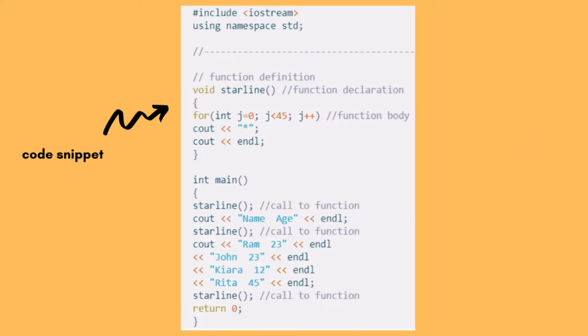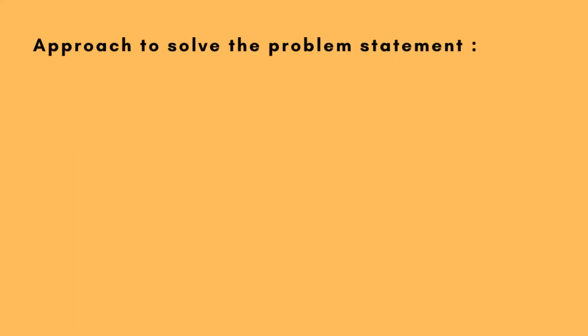You can see a code snippet on your screen, but how to develop this kind of code? I know when you are used to writing programs and have some experience with different languages, writing the desired code and thinking side by side is way easier than at the beginner level. So before I jump directly into the code explanation, I would like to show the way which all my beginner friends can follow easily. You need not note down the steps right now, as you will get all the details in the blog on the website. Approach to solve the problem statement.